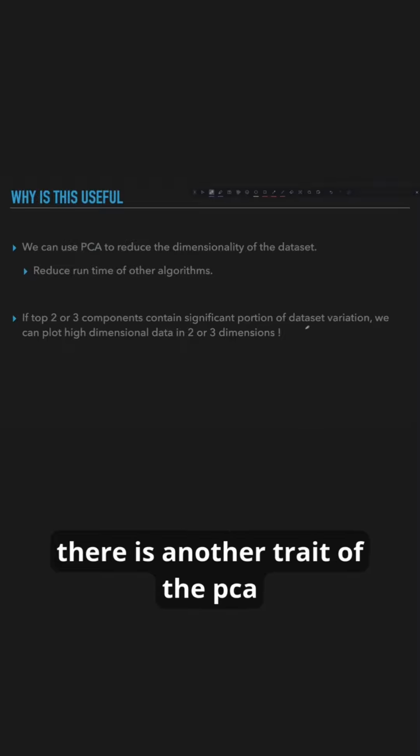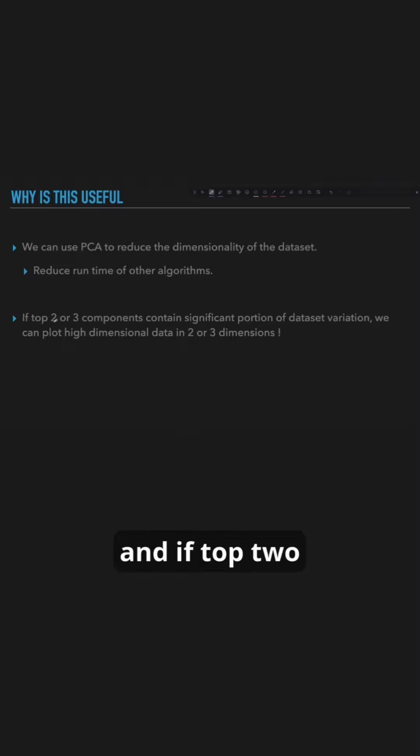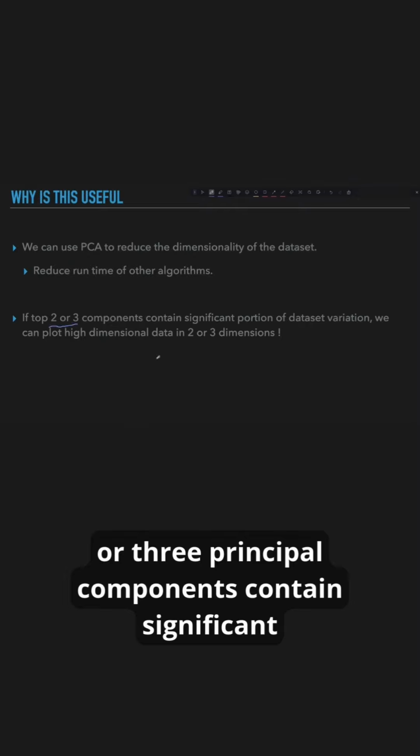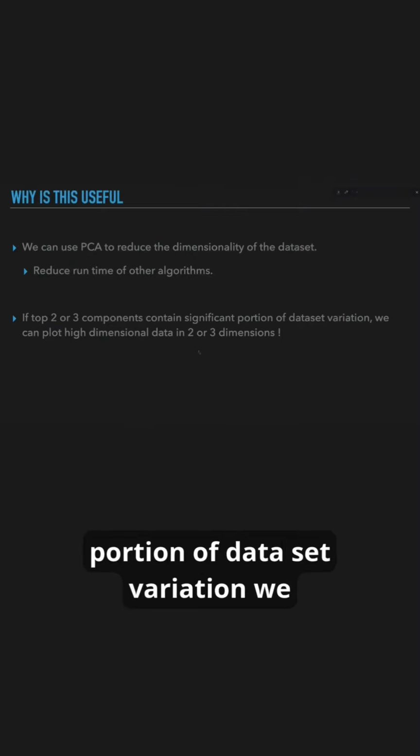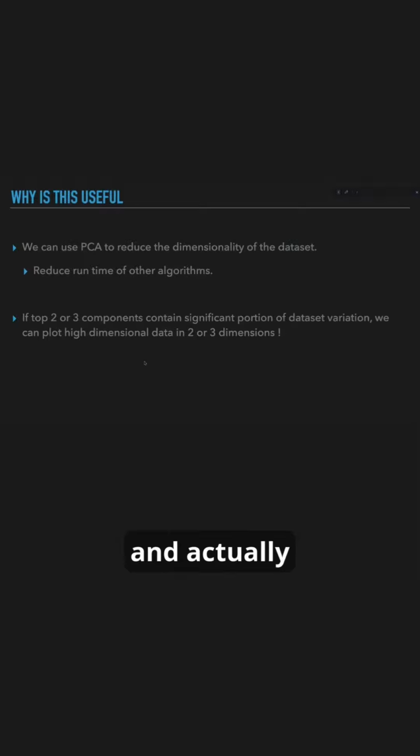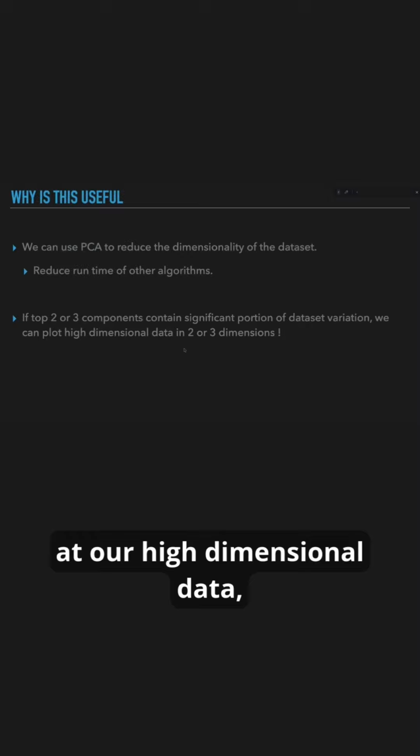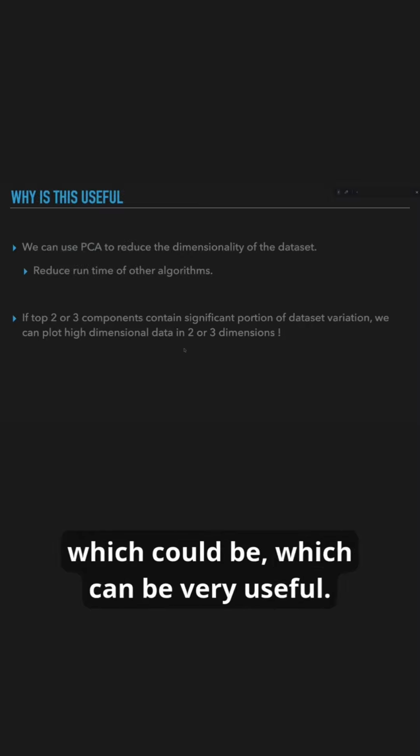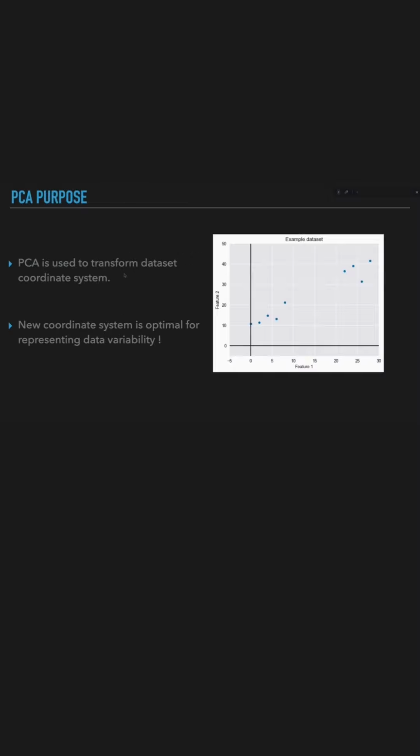And there is another trait of the PCA. If the top 2 or 3 principal components contain a significant portion of dataset variation, we could actually plot this data by using 2-dimensional or 3-dimensional plots and actually take a look at our high-dimensional data, which can be very useful. And what PCA will do is